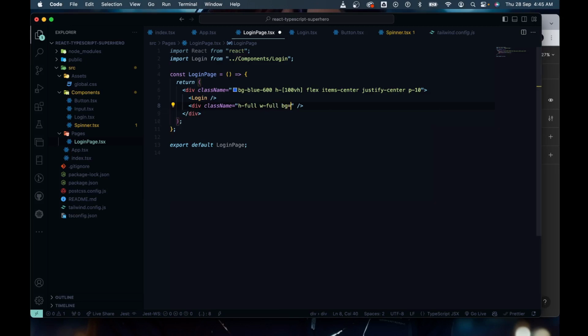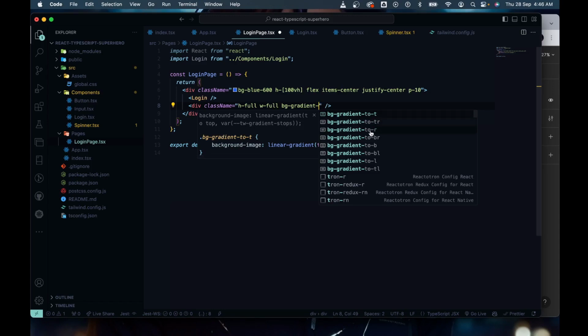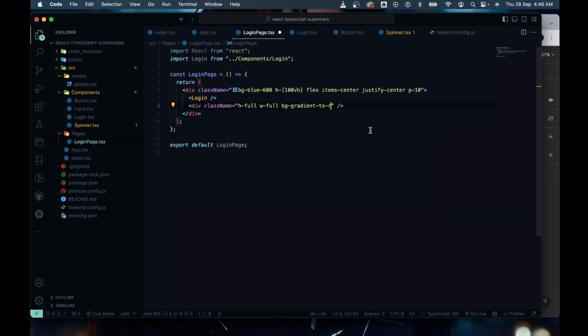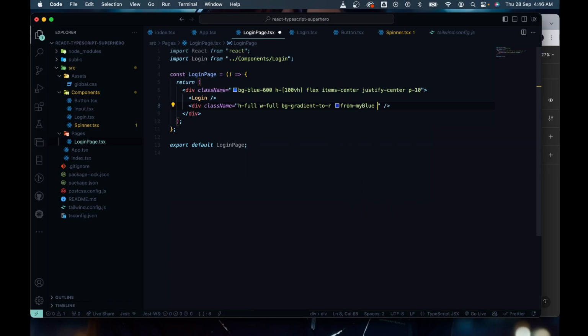We could say bg gradient, control space is going to help us. We want gradient to the right. So you can see to top, we just want to R here. And then we want a bg gradient to the right. If you hover, it's going to say background image, which is a linear gradient to the right. Now we want to specify the colors. We want to say from my blue to my pink, and if we save that,